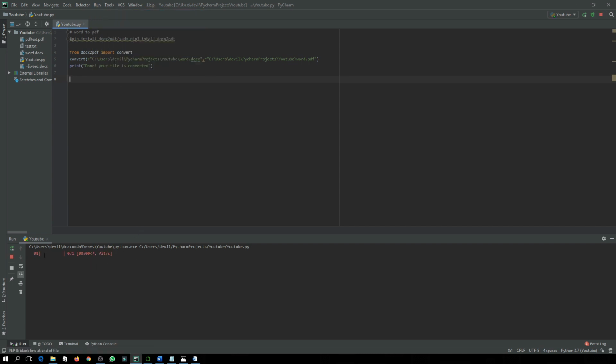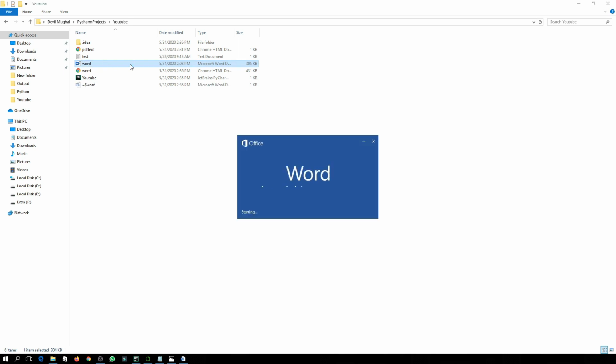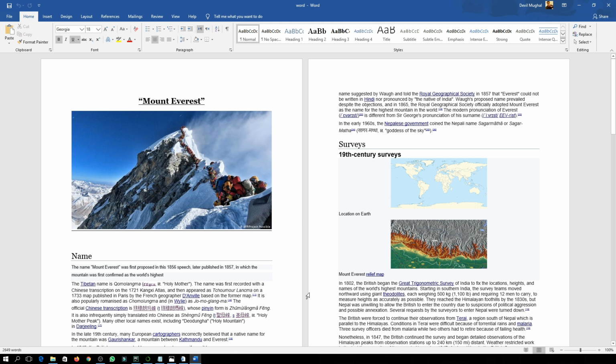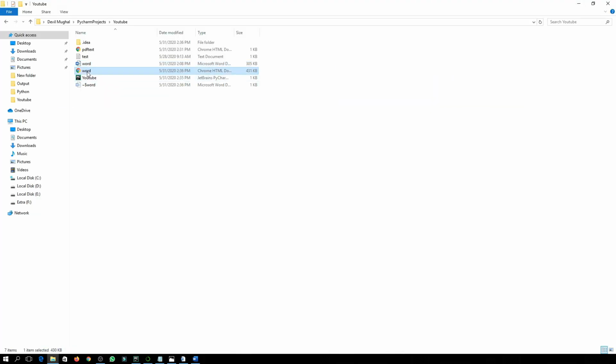You will see an interface like this. When it comes to 100%, it will show you the output: done, your file is converted. Let's go to the directory. First let me show you the Word file. Here's our Word file, and here is the conversion that we just made with Python.